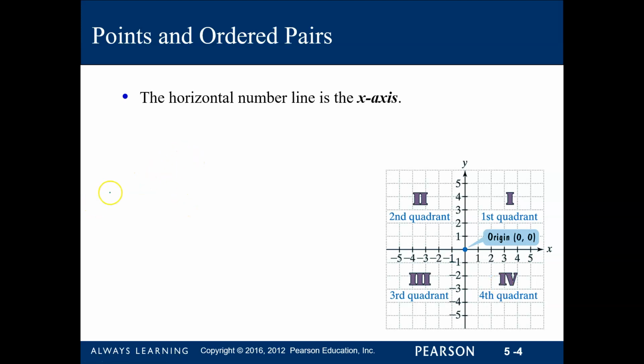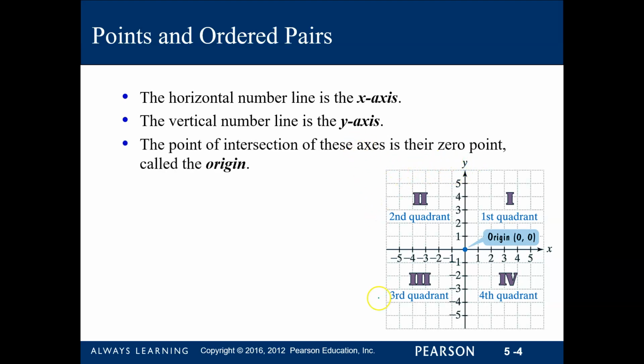So when we're talking about graphing, we are always thinking of the rectangular coordinate system. Now remember that the horizontal number line is your x-axis, and you can see that there's this label over here. The vertical line is the y-axis, as you can see from the label over here. Now, when those two axes meet, it's going to be at 0, 0,